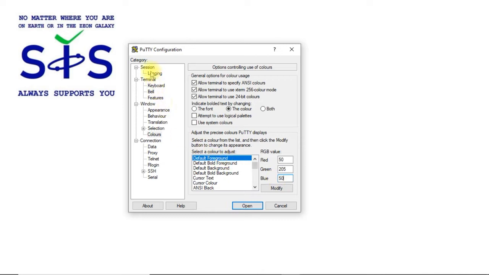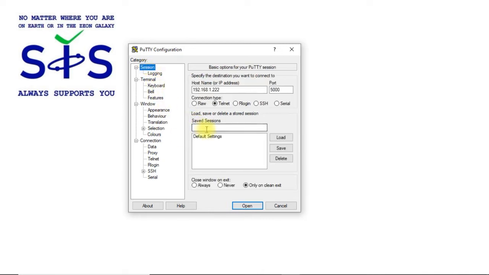Now we need to go back to Sessions, and we can save these settings for our session, typing simple firewall session, and next pressing save.